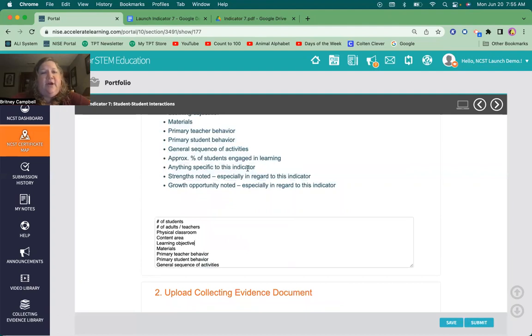So one of them asks, is there anything specific to this indicator? The strengths in regard to the indicator and the growth opportunity noted in regard to the indicator. I do like to point these out because these will help you in your indicator submission further down the road. But again, picking out maybe 8 to 10 where you've given enough context of what's taking place in the classroom